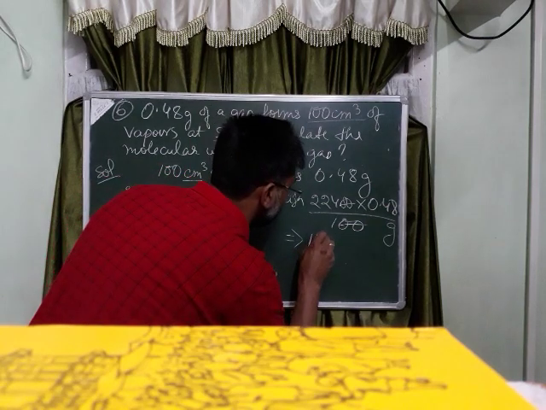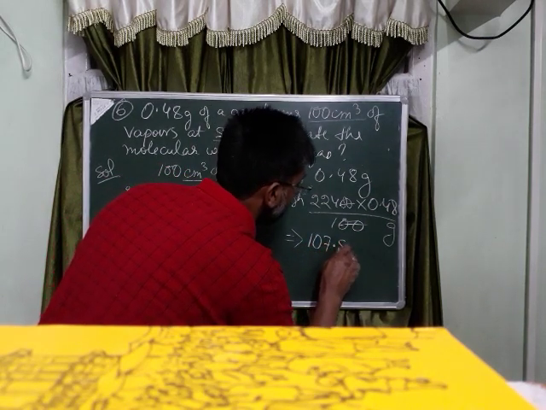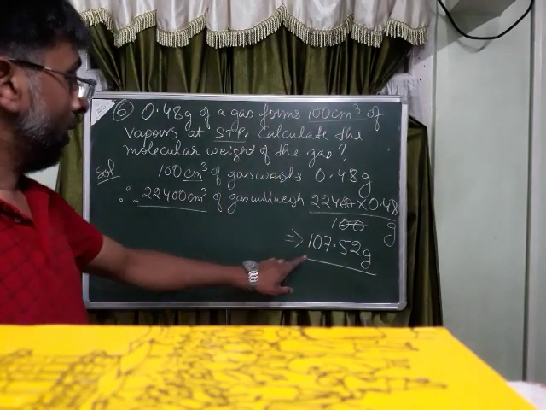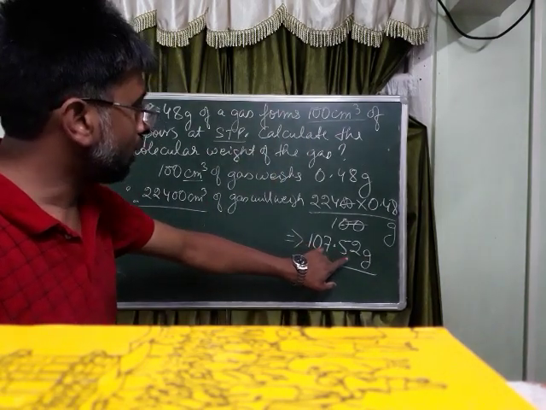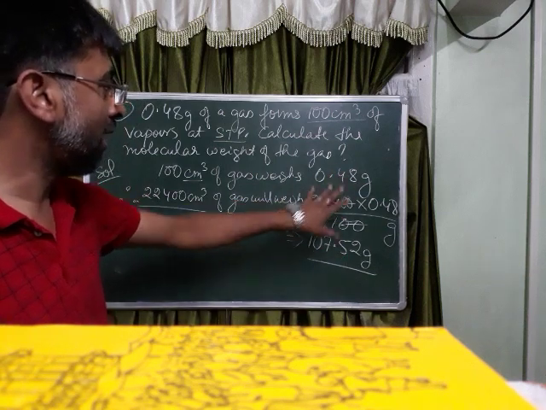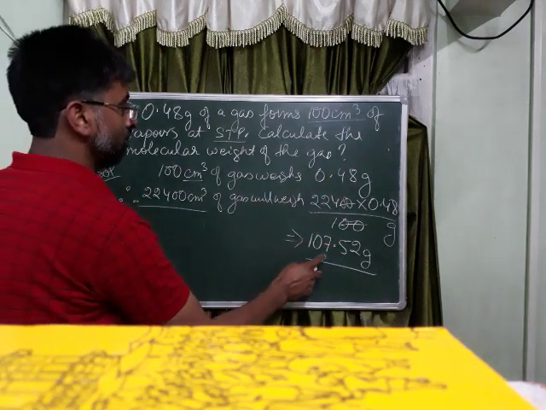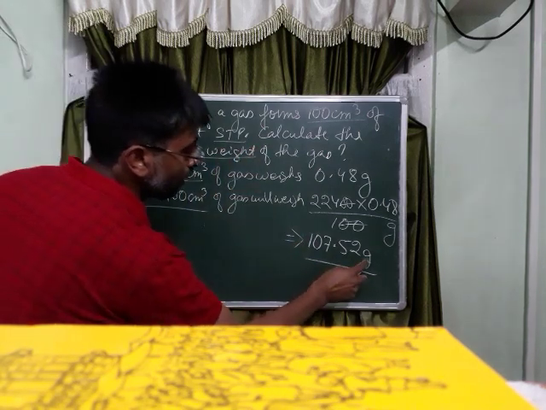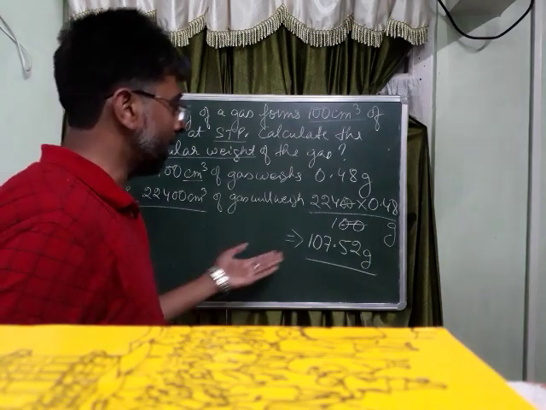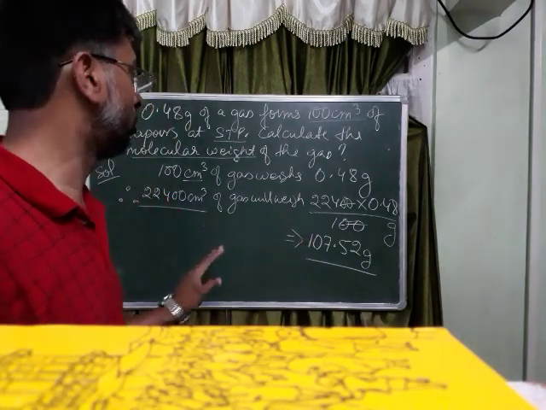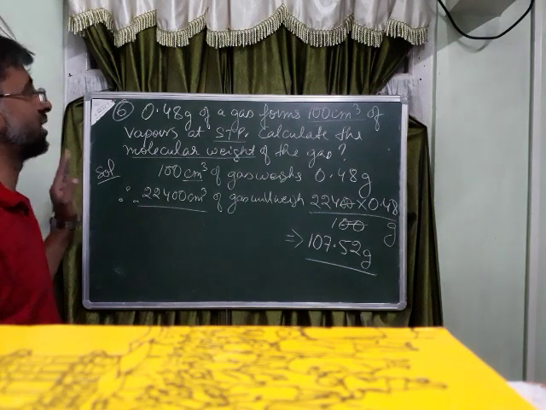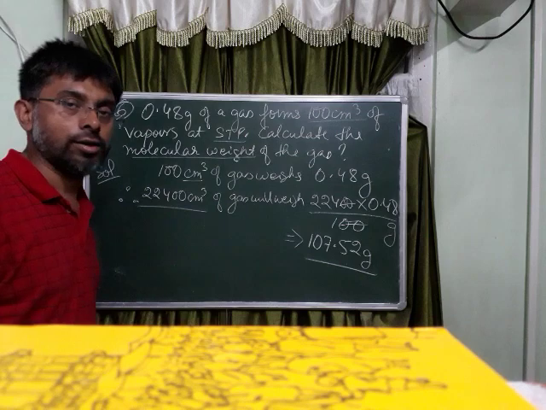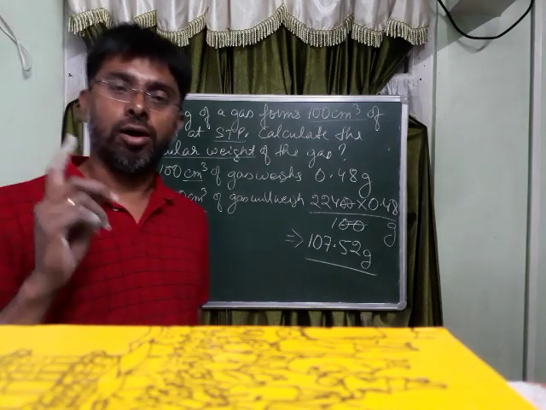The answer comes to 107.52 grams. So now this 107.52 grams which we have obtained by simplifying this is the molecular weight of the gas. Molecular weight, and since I put a gram over here, we can rightly call it gram molecular mass of the gas. So this is how we solve problem number 6. Problem based on mole concept and Avogadro's number. Now let us go to the last sum on this topic.